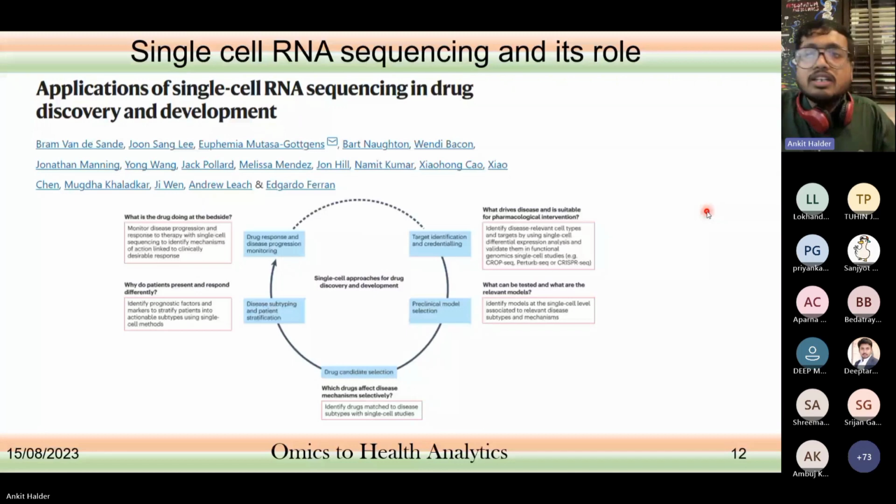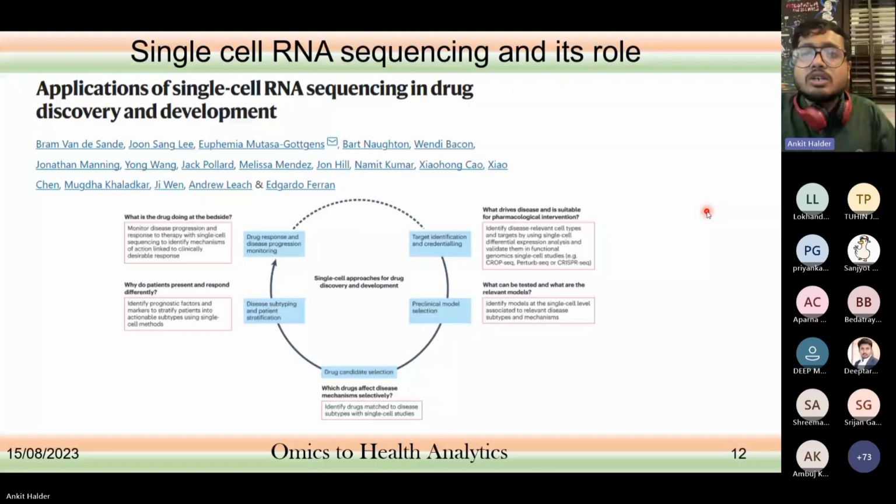The most important thing that differs is the immune environment and the immune cells that make up the constituents. And the targets that can be taken forward for immunotherapy-based treatments